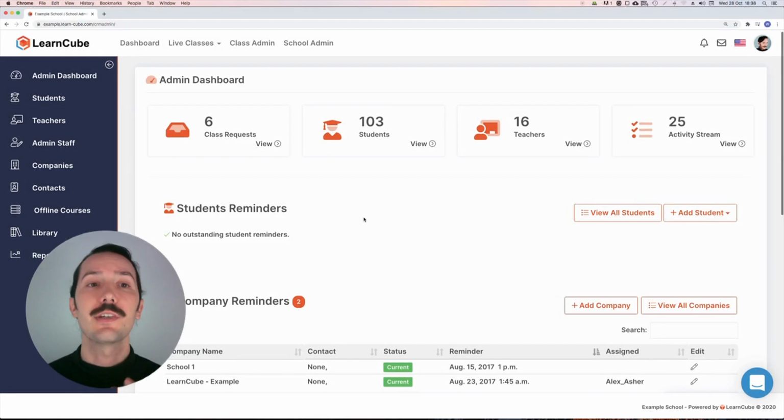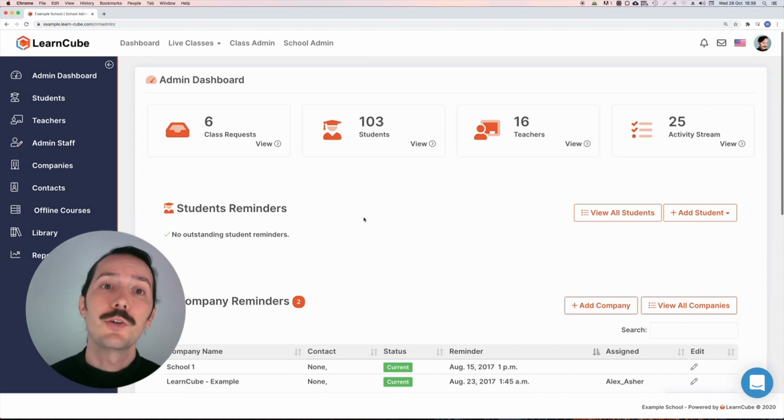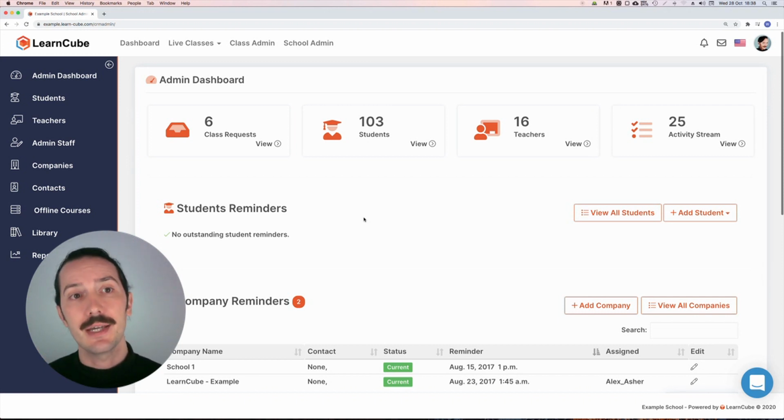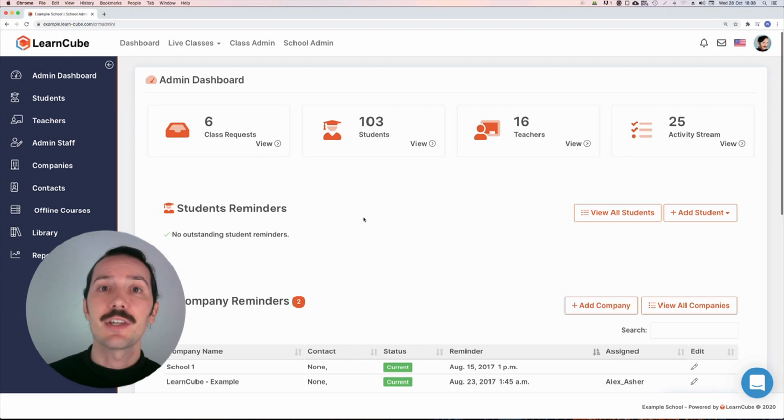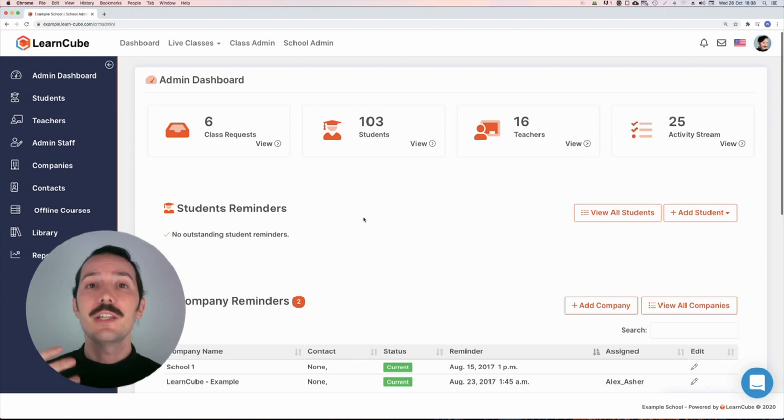Here we'll take a look at the materials library. There are two ways you can add files to your library. You can upload files to your admin library, which all teachers will be able to access in the virtual classroom, or teachers can upload files in the classroom itself, which only they will be able to see. This is handy for uploading students' homework, for example, without clogging up the main library.